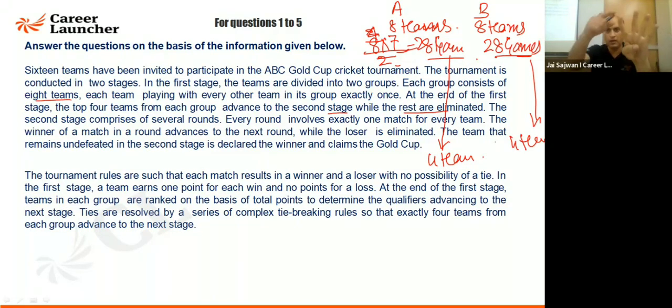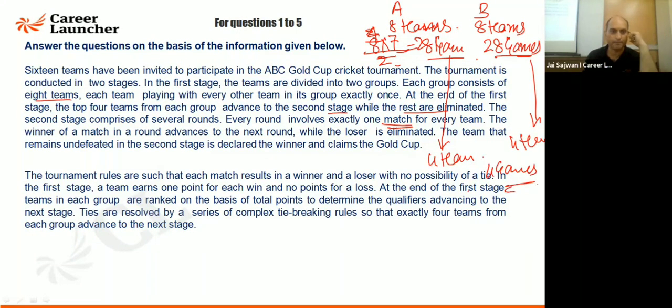So there are 4 teams here and 4 here, 8 teams in total. Everyone is going to play. The first time, you are going to play with one team. So I'll say 4 matches are to be played. There are 4 from here, 4 from here. Exactly 1 match for every team. There are 8 teams, and everyone is going to play just 1 game. 8 teams will play 8 games, but I play with you, you play with me. So I'll say there are only 4 games in stage 2.